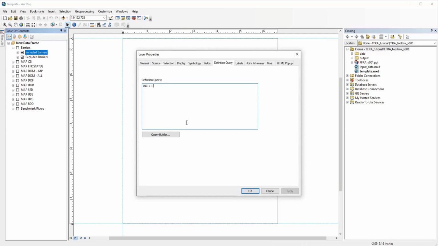Now the definition queries set in the template document don't actually apply to the output mapping results. The definition queries are set when the tool is running and are applied by the code itself, not from the template document. And so if you change the definition query here, it will not have an impact on the output mapping result. I'll talk a bit more about definition queries in a bit and how we can change those. But just to illustrate this point, when we select that field, the barrier inclusion field,